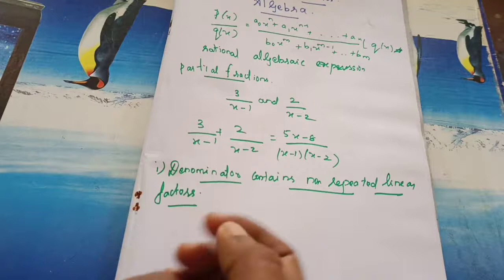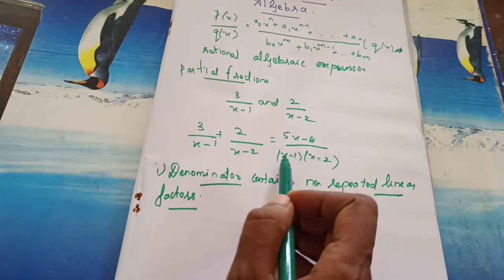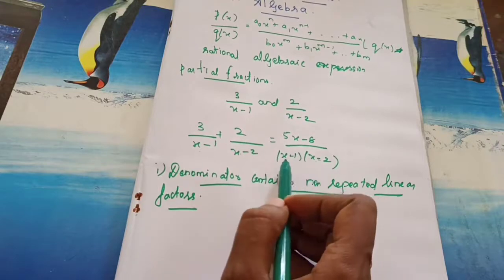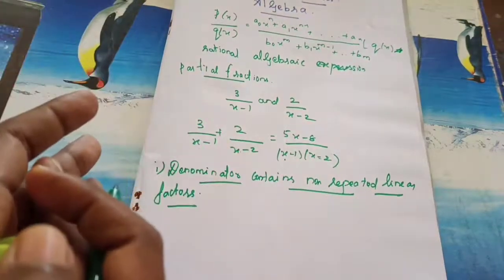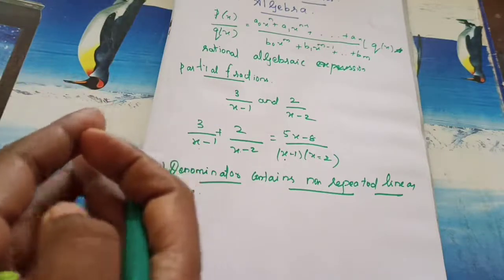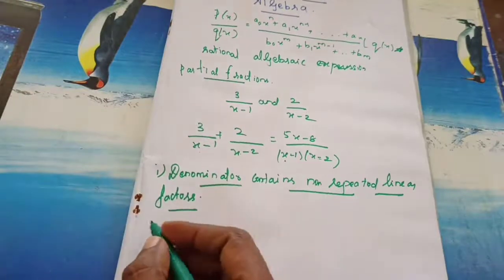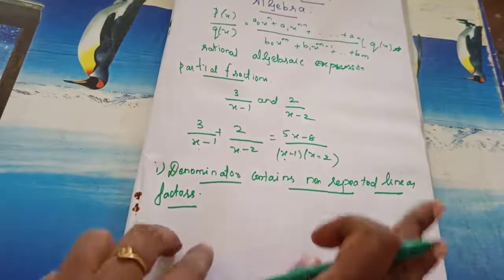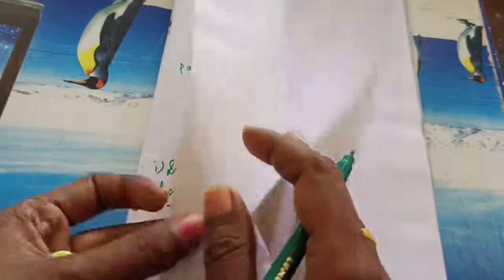So what's the meaning? This is a denominator. Is any term repeating here? No. Here it is x minus 1, here it is x minus 2. So that is type number 1. The first type means we will split it as A by something plus B by something. That's the concept, so let's move to the question. Example 2.1. We will solve it by using type 1.